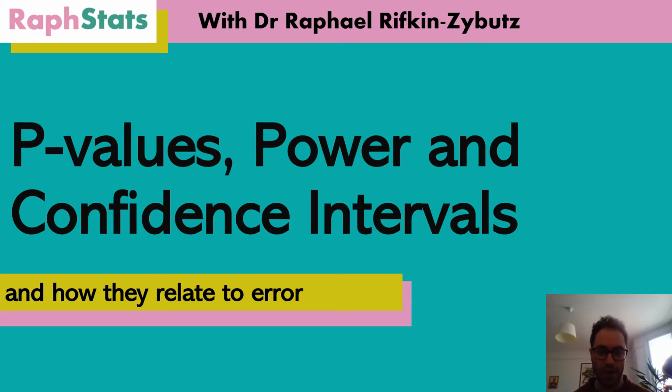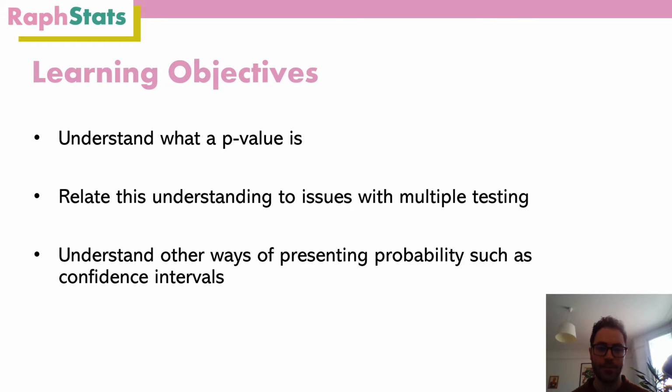And today we're going to be talking about p-values, which is I think a bit of a tricky concept for us to get our heads around, and then also a bit about power and confidence intervals and how these relate to how often our results might be wrong. So hopefully by the end of this lecture we'll have a bit of a better understanding about what a p-value